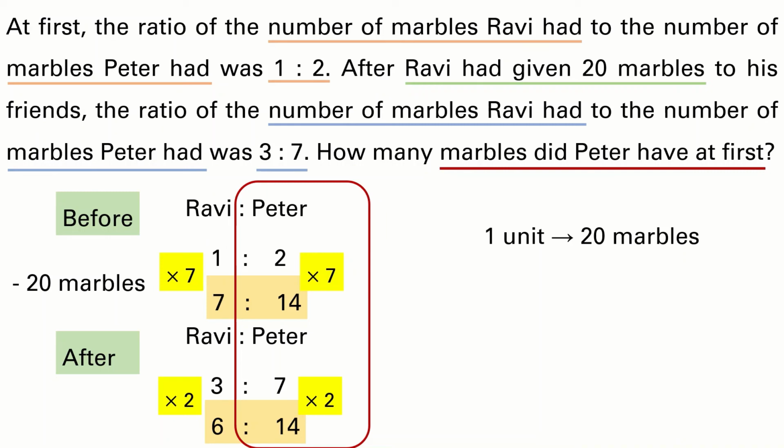So what is it we want to find? We want to find the number of marbles Peter had at first. But you can see that because Peter did not give away or receive any marbles, his number of units remains the same. So whether it's at first or at the end, his number of units is still 14 units. And Peter actually still has 280 marbles before and